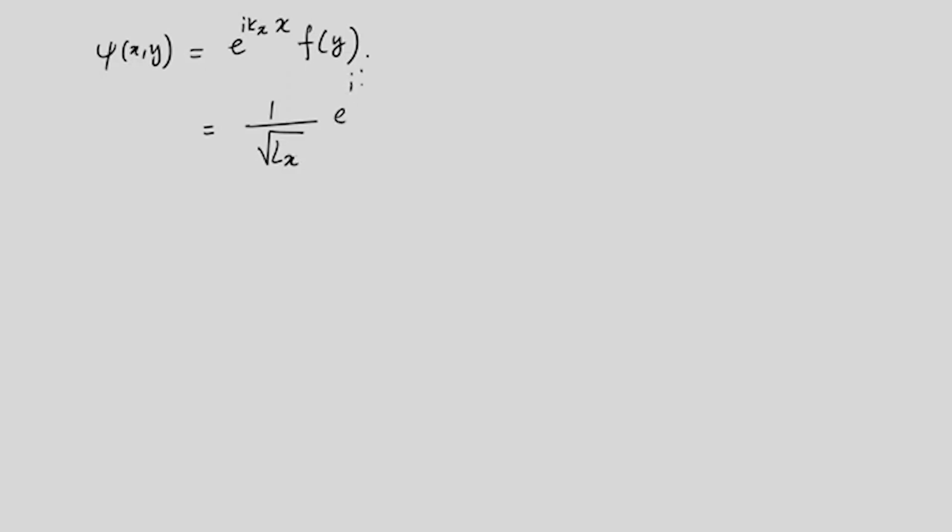This is equal to exponential i kx x, and now I do not try to normalize it, it is not required here. I use this as a normalization constant. Let me write the normalization not with a capital N, because you have a small n there. So, let us write it with an n. So, a n is a normalization constant, and the wave functions for a harmonic oscillator are known to be